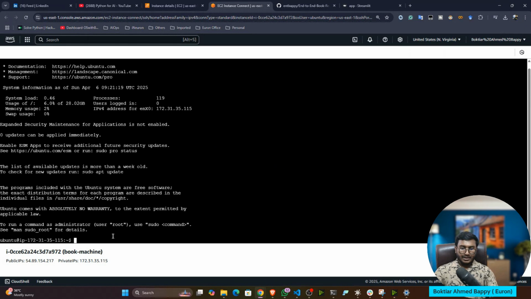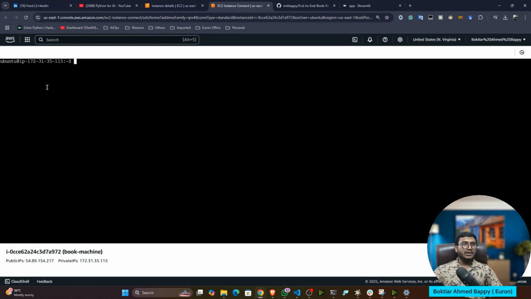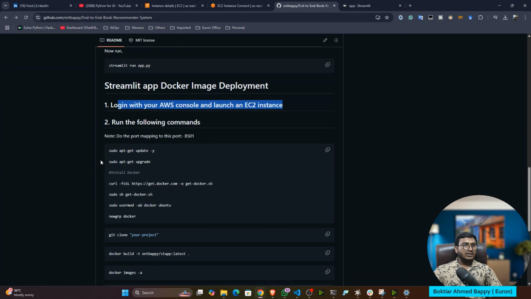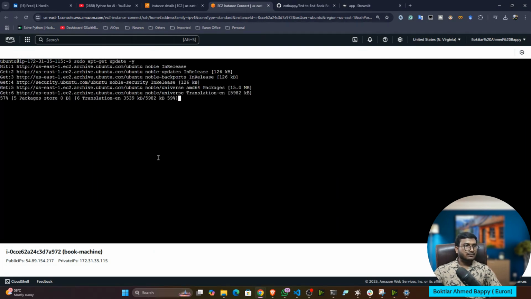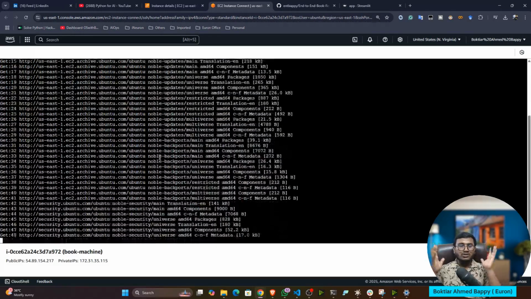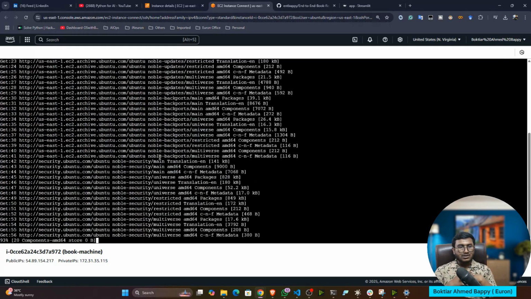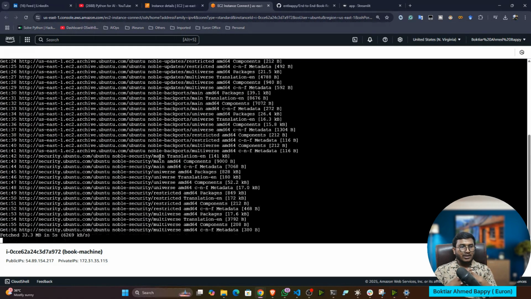Now this is the terminal I got, guys. This is called production terminal. So here you are not going to get any user interface. So here you will be getting a terminal, Ubuntu terminal, Linux terminal, and here you have to deploy your project. So here I have already mentioned all the commands. First of all, copy this command. We'll be doing apt-get update. Because this is a newly launched machine, I have to set up some tools and software. So that's why we are doing it.